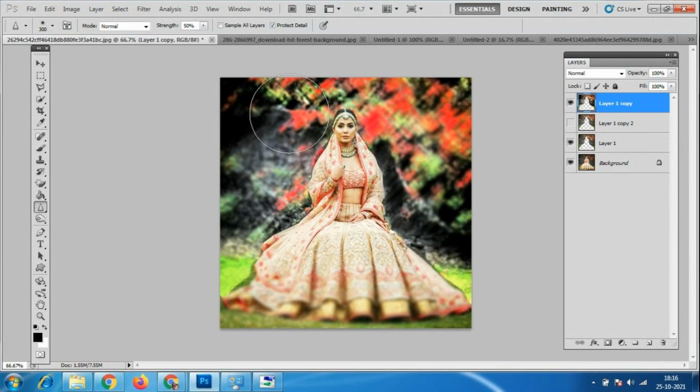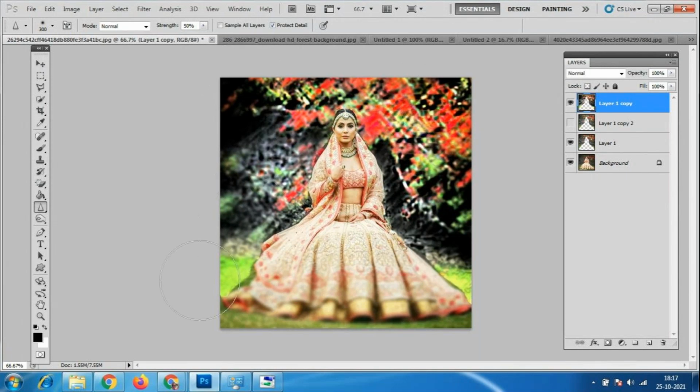Slowly we should apply it, only on as much area as we want. Slowly we will apply the sharpen effect. Okay, we cannot make it 100% sharp, only like 25% we can make it sharp.